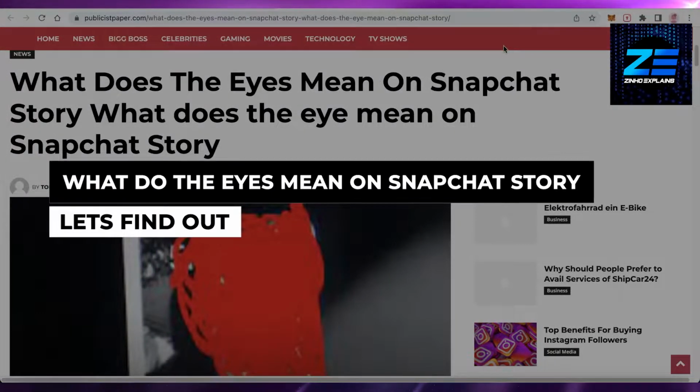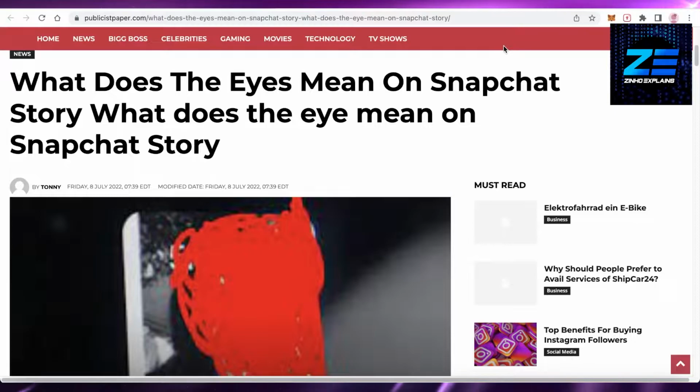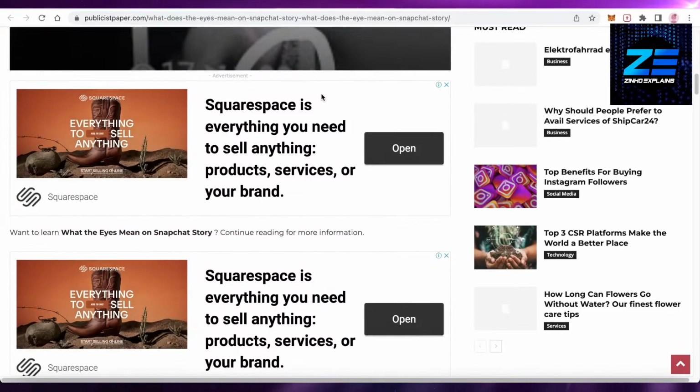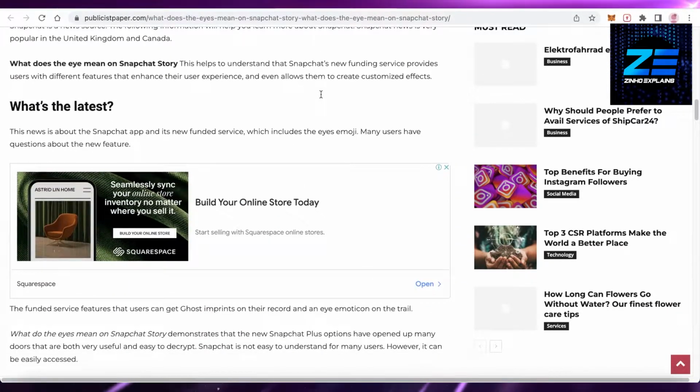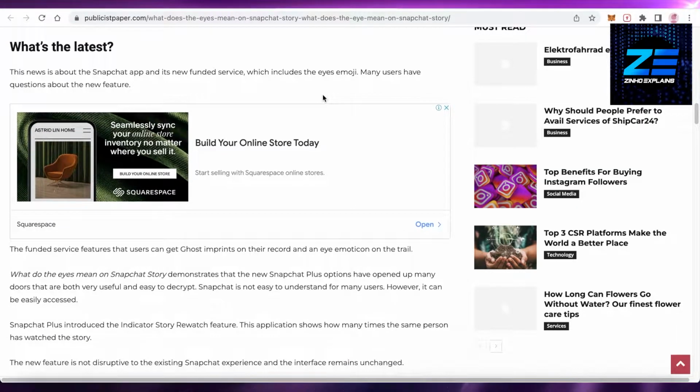What do the eyes mean on Snapchat story? Let's find out. Hey guys, today I will be showing you what the eyes on the Snapchat story really mean. So, what you might be seeing on your Snapchat stories right now is this eye icon